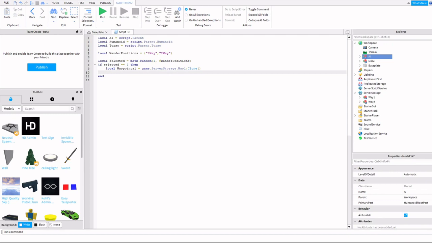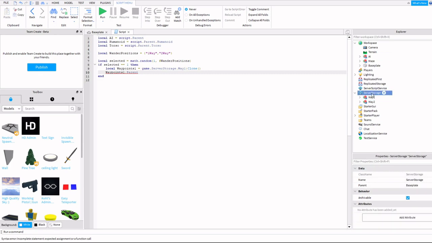So here is the lot of math part. Now we want waypoint 1 to have its directory in the workspace. So it's cloning it. Where do you want the clone to go? The clone needs to be in the workspace. So you have to do .Parent. Since it's in here, its parent is this. We want it to be here. So waypoints 1 .Parent needs to be equal to